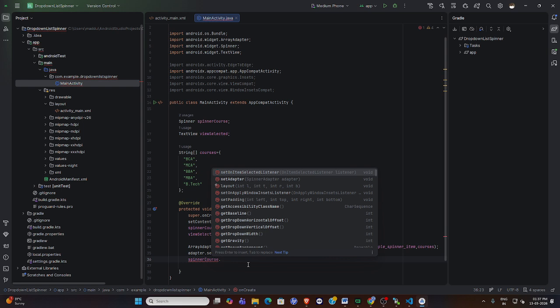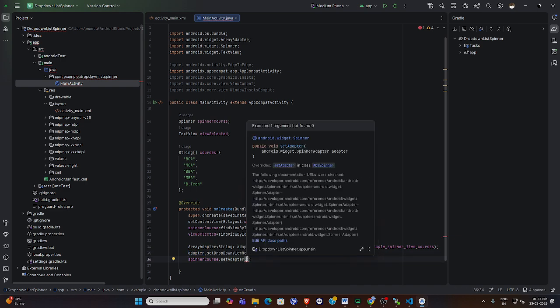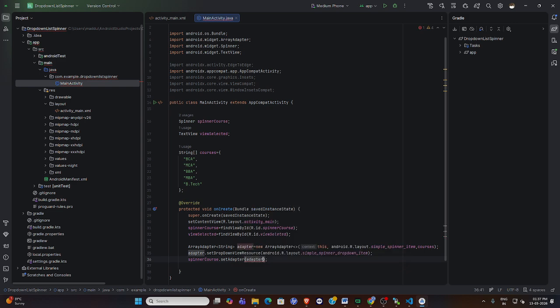Spinner course dot set adapter. So our adapter we are assigning to the spinner. So we adapted it to the spinner. Now our spinner is ready. So simply, if I run this,